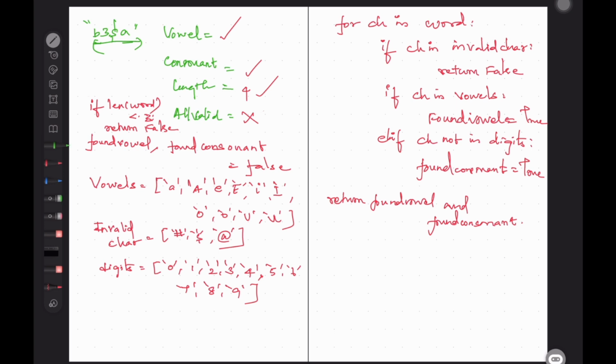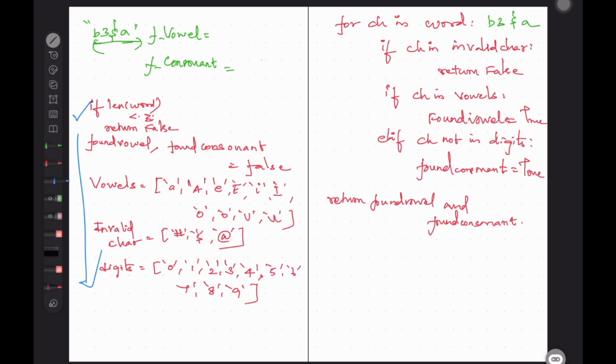Now we are taking "$3a"... Now what will happen? We have found vowel and found consonant. Now the length of the word is obviously greater than 3, so it will go into this condition.